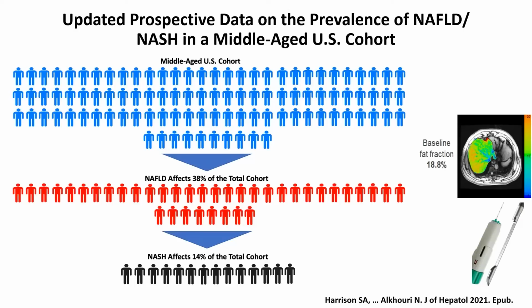And to our surprise, we found NAFLD in 38% within our cohort, so this is higher than the national average, which is around 25 to 30%. But more importantly, we found NASH in 14% of the cohort. Again, this is biopsy-proven NASH, and previous estimates estimated that in the general population, NASH is present in maybe 5-6%, but we found it in 14%. Of course, this is a cohort in San Antonio, Texas, enriched for Hispanic ethnicity, but this was definitely higher than what we previously thought.